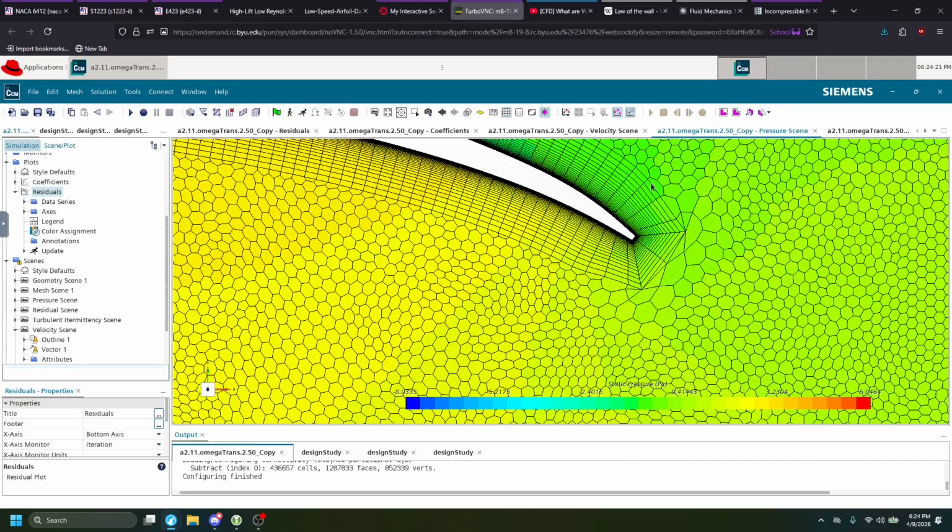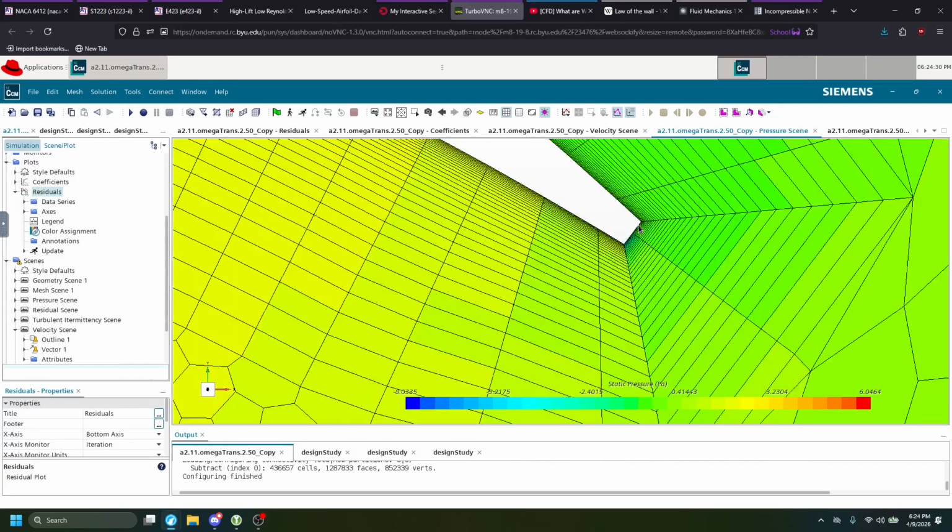prism layers modeled. Now, these inflation or prism layers capture the velocity profile of the boundary layer. And we have extremely small cells here at the wall of the airfoil in question. And the airfoil lost like 2 millimeters out of the meter long that it was to be able to let these prism layers naturally wrap around. If it comes to a point, the mesher will really struggle with that, and we won't get the wall y plus